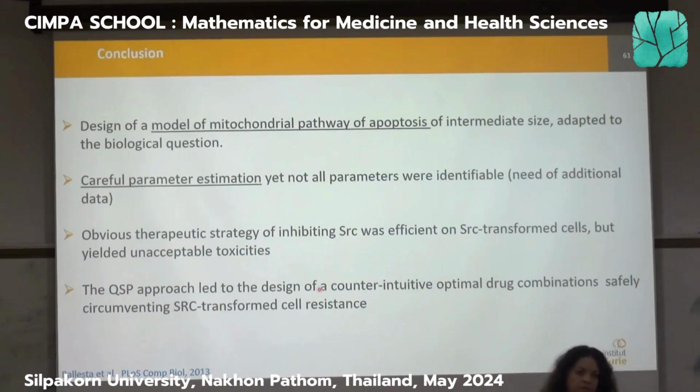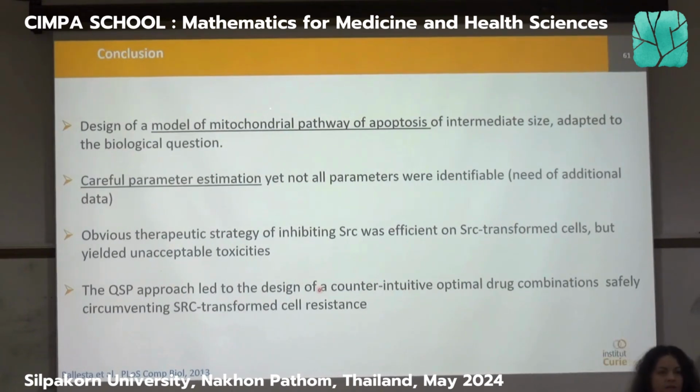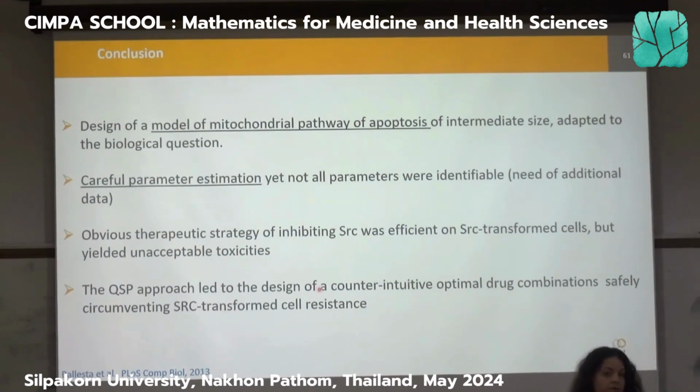It's a really good question because basically the longest part is parameter estimation. So model design will take you just the time to go and see your biologists, your colleagues, and discuss, a few months, I would say, like 2 to 3 months, if you have a PhD student working on that full time. But then parameter estimation. You need first to identify the data that you have, and it takes a long time, because for instance you need to go to the literature and search for data. Once you have the data, you need to make sure that you have the real numbers, because sometimes you only get the bars or the curves, and you need to estimate this from a picture.